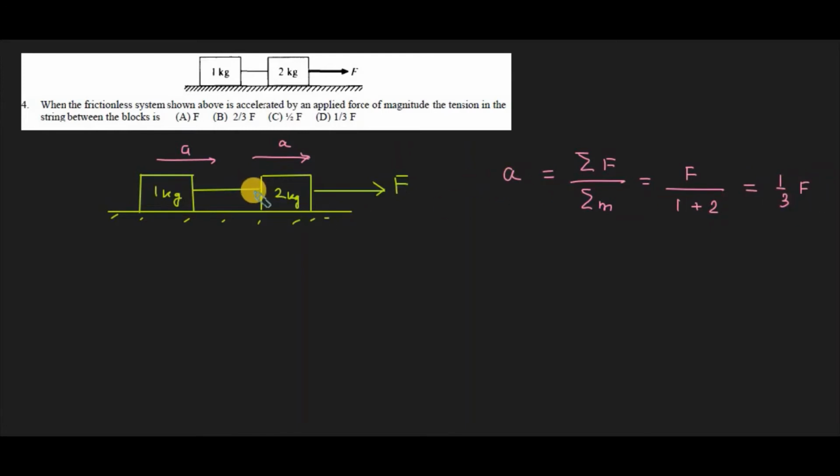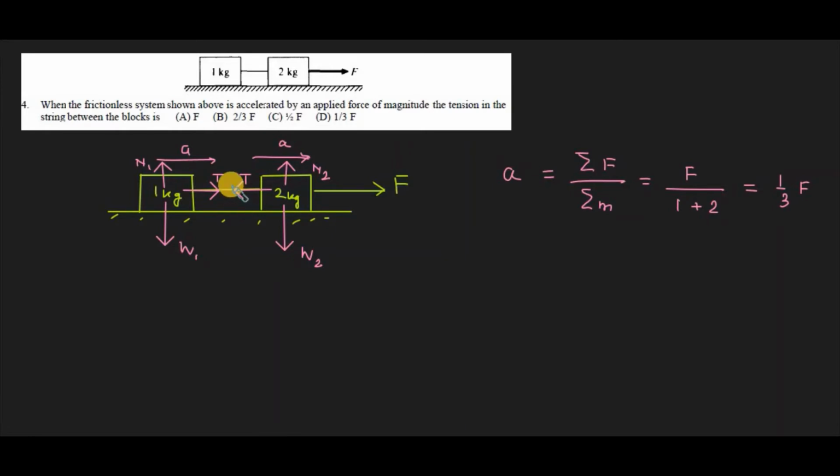Now let's draw the free body diagram. For the 2 kg block, the weight is exerted downward, the normal reaction force upward, and along the length of the string the tension is exerted in the backward direction, and the same tension is transmitted to the 1 kg block. So here we can put this W, this is the normal reaction, and the tension here. Similarly, the weight is exerted downward and the normal reaction on the first block is upward, it is N1, and W1, and this is W2.